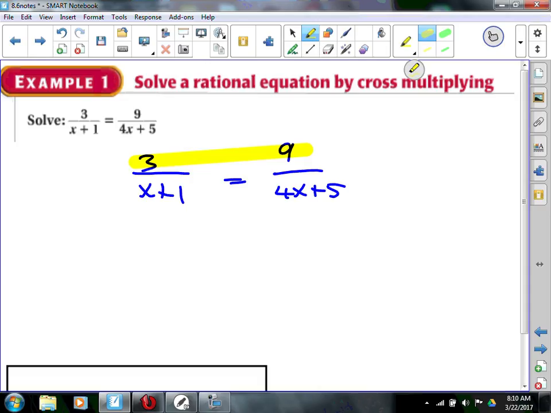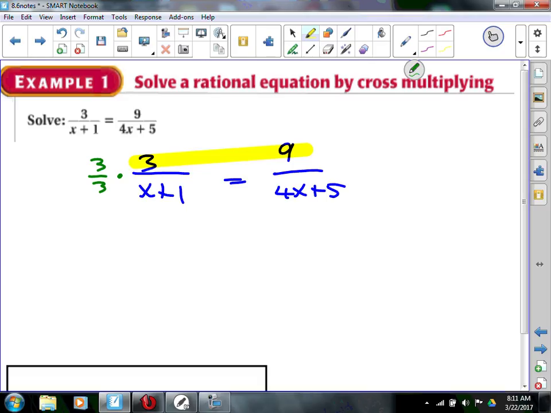Anybody feeling creative today? Anybody see a little trick that we could do to use that trick that I showed you a couple minutes ago? What do we think? Multiply what by 3? The 3 over x plus 1, multiply it by 3, you're close. I think you mean the right thing, but you didn't say it right. If we multiply by 3, we change the value of that expression. Well, how about we just multiply this by an identity so we don't change it? Somebody said it, 3 over 3, right? If we multiplied that by 3 over 3,